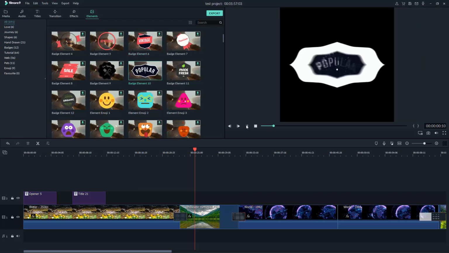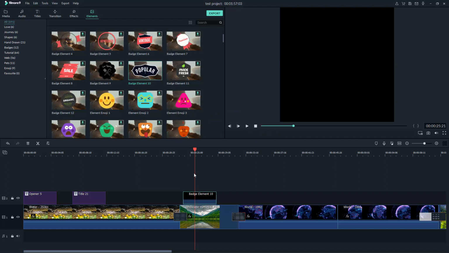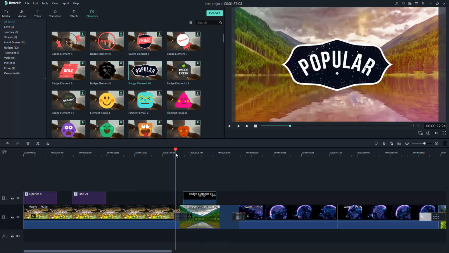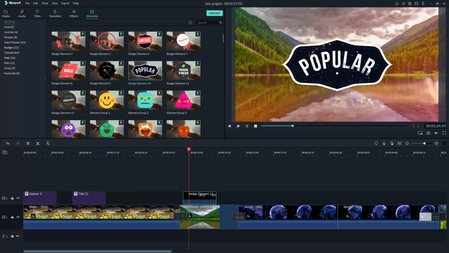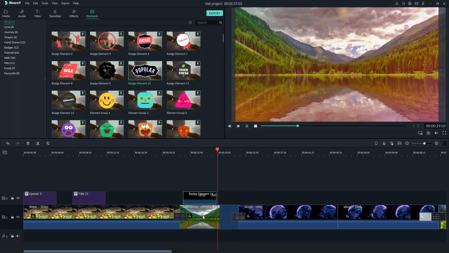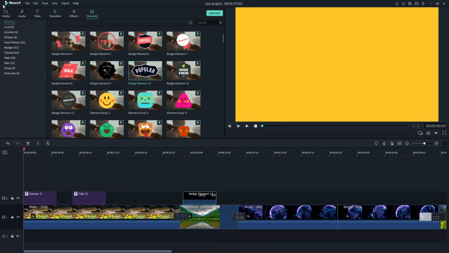We also have a preview here. And now I can add it into my video project. Let's play and see how it looks. So you can see there is an element added on top of the nature image. Let's save the project,